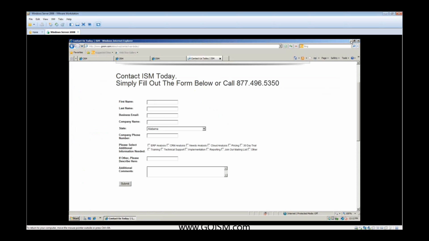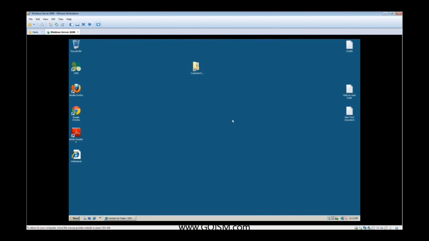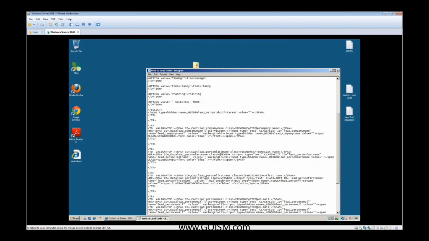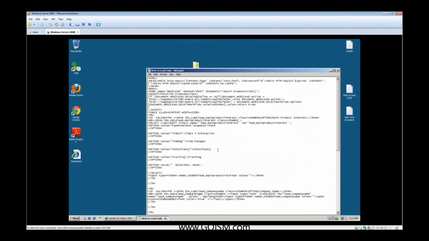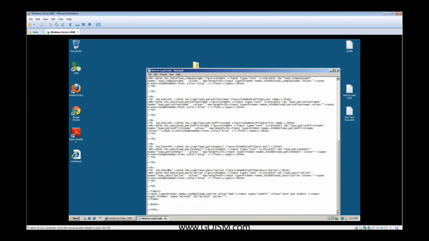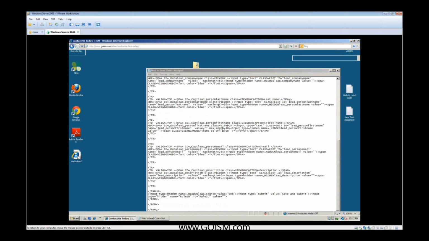But right out of the box, I just want to show you what Sage CRM does. So here's the code that I just copied over a little bit earlier. At this point, I did not put any logos or add it into a web page. I just want to show you out of the box what you can do with it. But you can easily copy this information to your web page, and then when